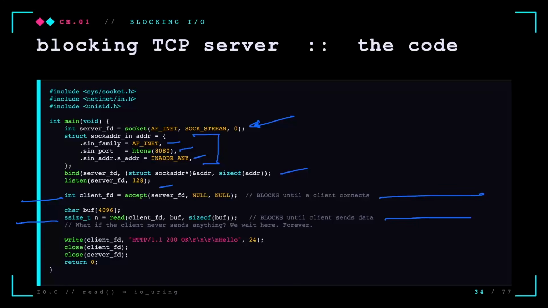And the issue is, what if the client never sends anything, right? The program is just going to be stuck here forever. But yeah, this is the idea of a blocking TCP server, after which we just reply with hello world. So it's going to be HTTP version 1.1, so 200, so that's success, hello,